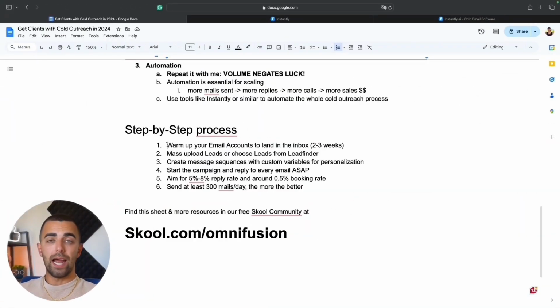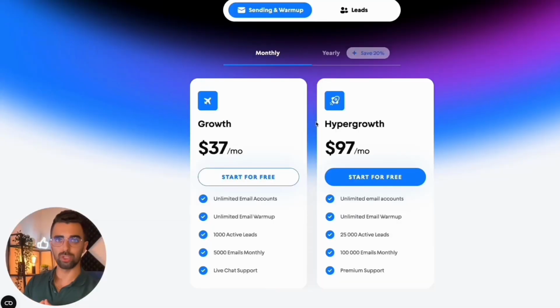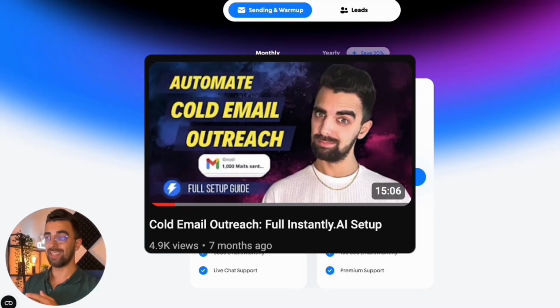So, the next steps are actually pretty easy and straightforward. It's just about doing the work. And I will quickly give you a step-by-step process of what you need to do now to get your cold emails rolling. Like with any other cold outreach method, we will have a one-time setup to make this work. And if you want to see how you can set up your account and get ready for a cold email campaign, click the video somewhere at the top of the screen because I already showed a step-by-step tutorial on how to get Instantly set up and how to warm up your emails, and then come back to this video and see how you can actually create your campaign. So if you don't have any cold emailing tool yet, click the video on the top and follow my step-by-step instructions on how to set up your account to get ready, and come back to this video.